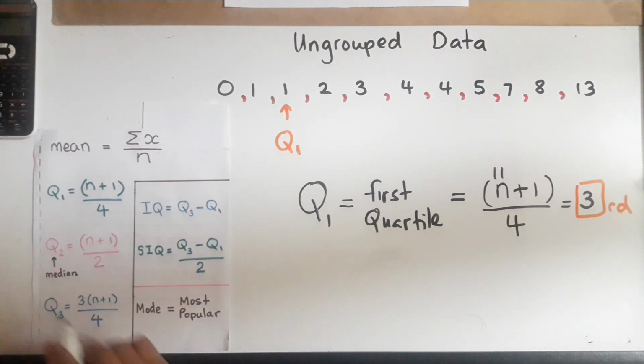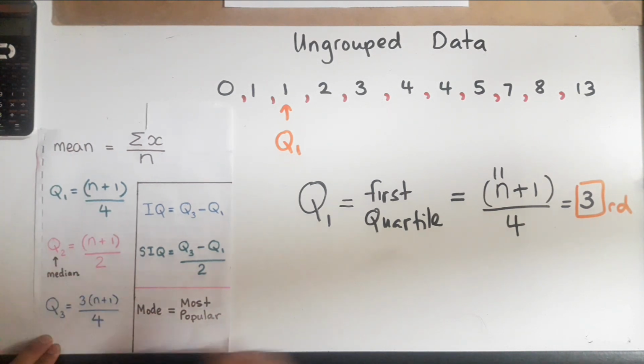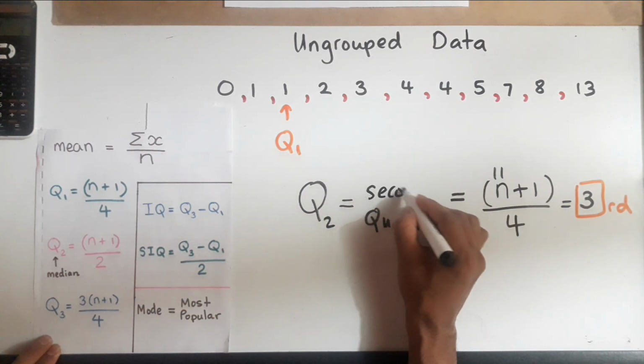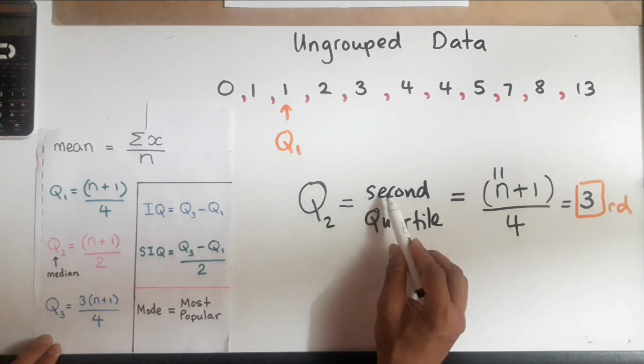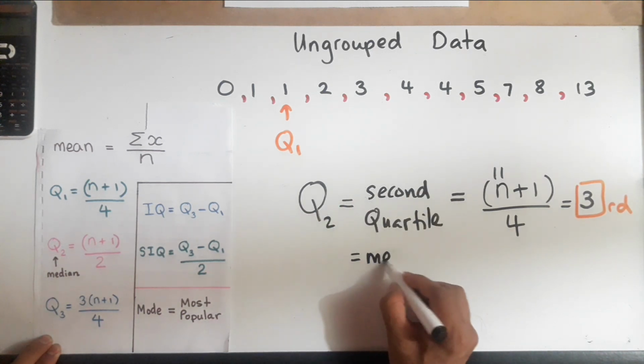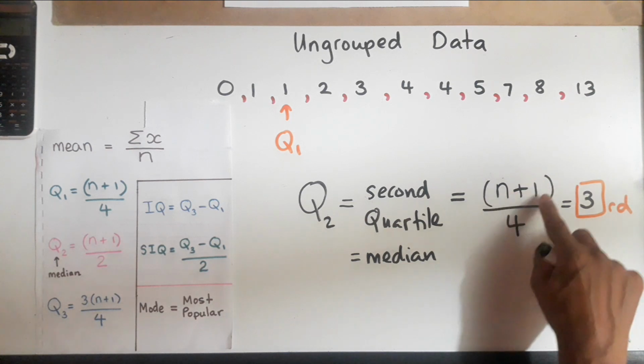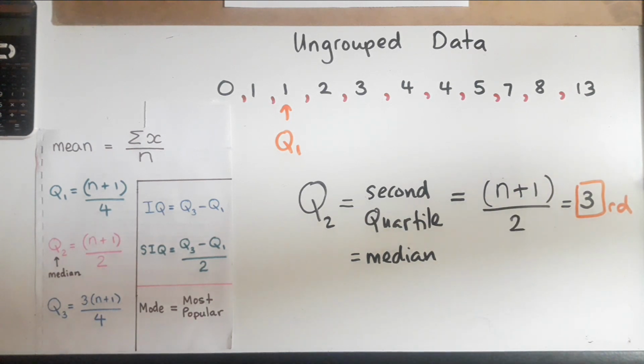So the other thing they can ask you to find is Q2. Now Q2 is the second quartile. Right? Now Q2, second quartile, has another name, median. Right? Median, second quartile, and Q2 are the same exact thing. So in a multiple choice exam, they can use any one of these terms. And of course, you can imagine the students getting confused when they hear different terms in different exams. So the formula for Q2 or median is n plus 1, but instead we divide by 2.